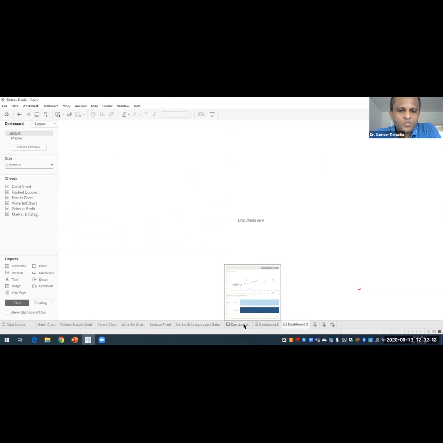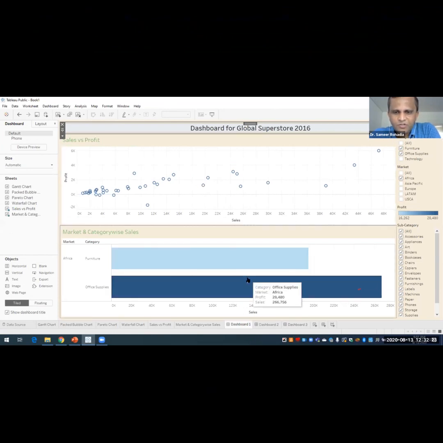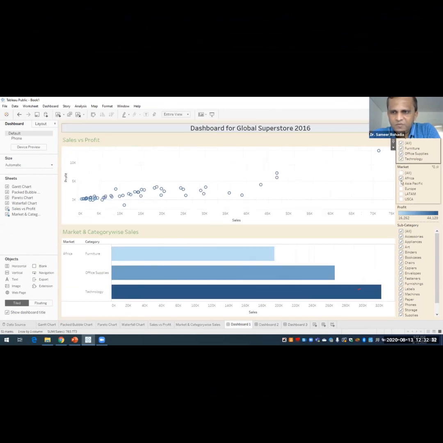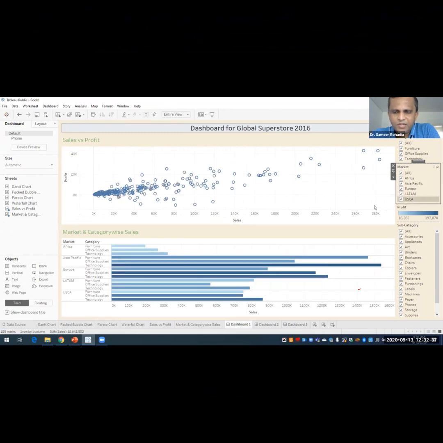Before I go to the third dashboard, let me come back to the first dashboard. I want to show you some difference. Currently we have the first sheet and the second sheet. If I increase the filters on the right hand side, you can see that the size of the first sheet and the second sheet remains the same.